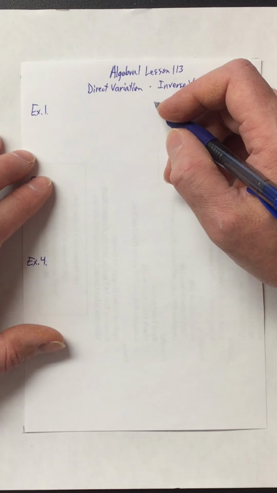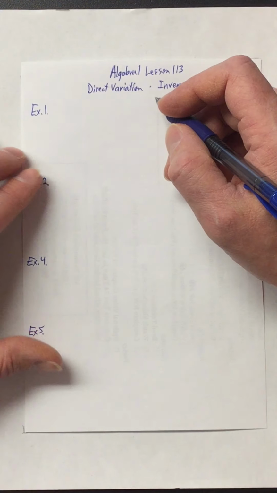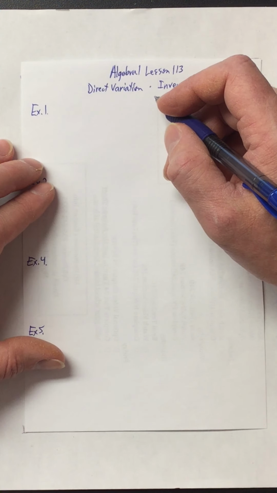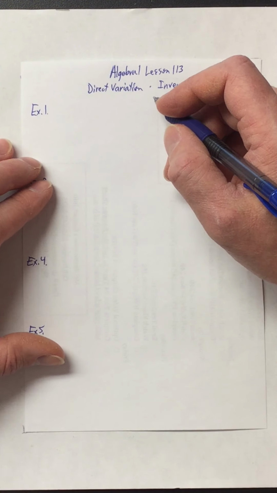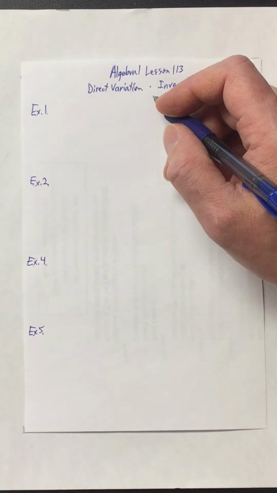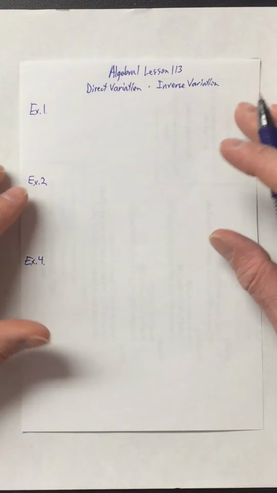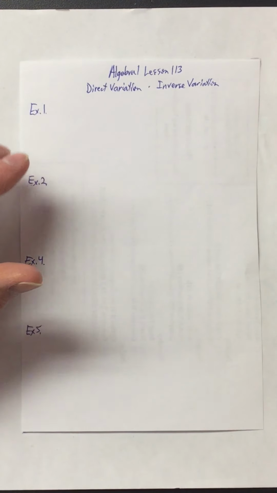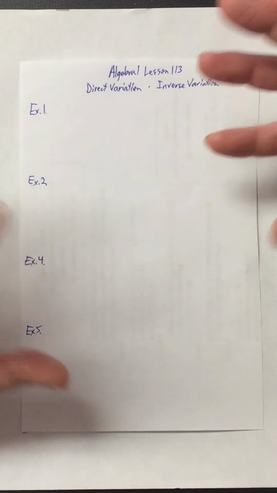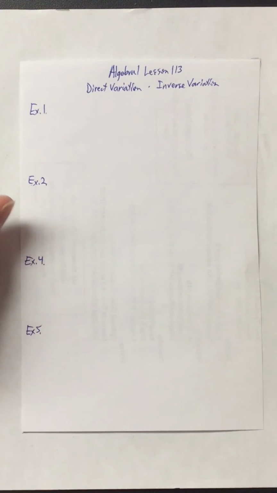Let's jump straight into example number 1. In example number 1, it says the mass of a substance varies directly as the volume of a substance. So you have mass, and then volume. Mass is how much is there, volume is how much space it takes. So it says if the mass of 2 liters of a substance is 10 kilograms, what will the volume of the 35 kilograms